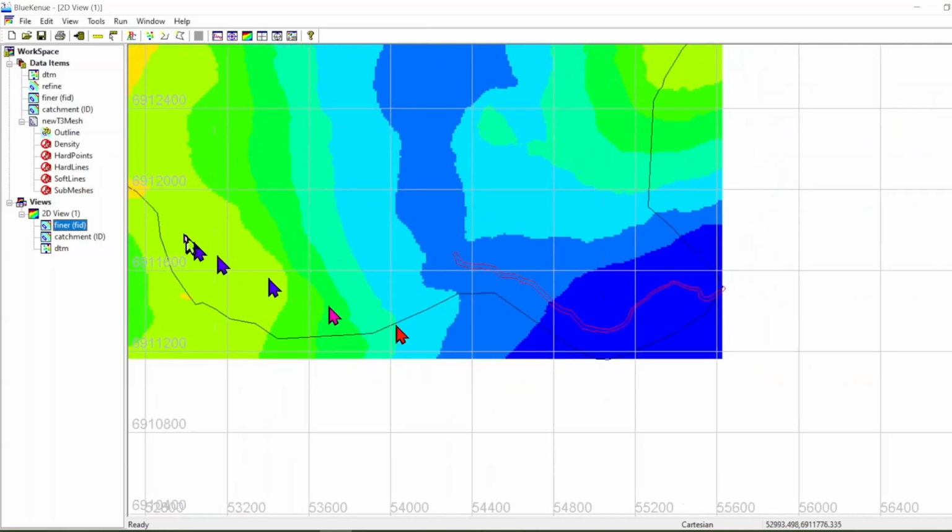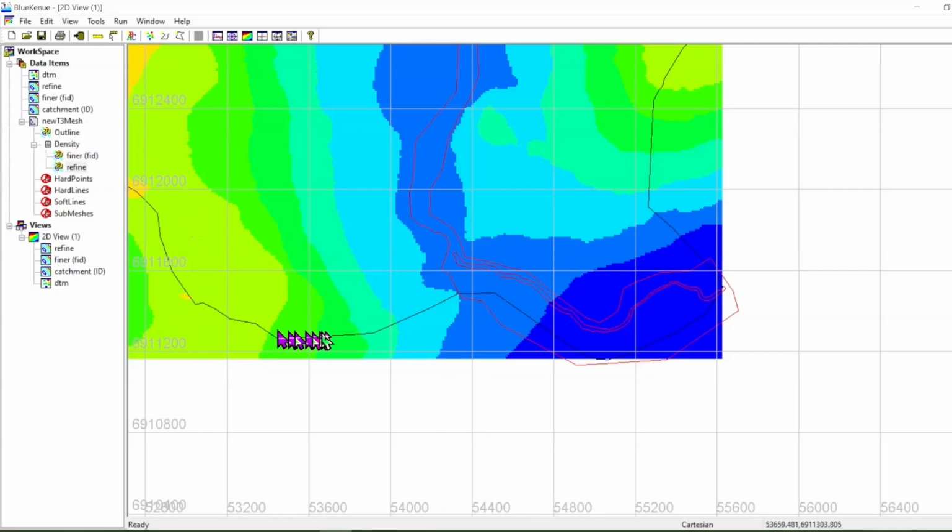Okay, and now these two files, this one where I want finer and this one where I want finer, both of these I will drag to the density. Finer, I grab, drag to density, and then refine, I grab, drag to density. Yes. So now in the outline, we have this outline inside which I need the mesh, and in the density,